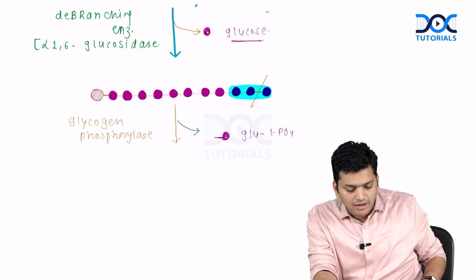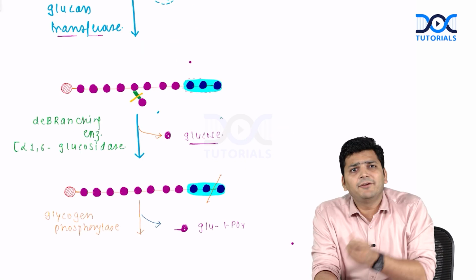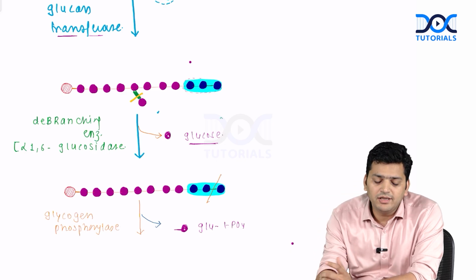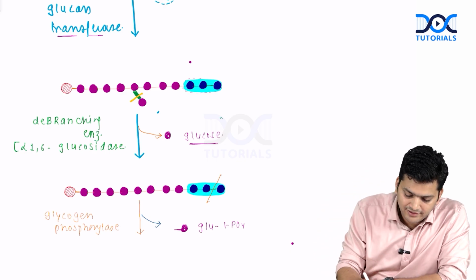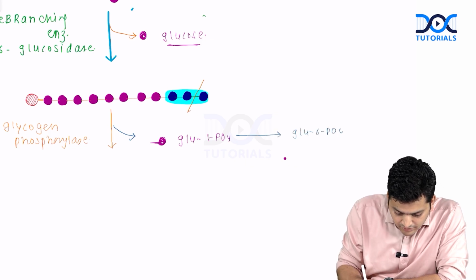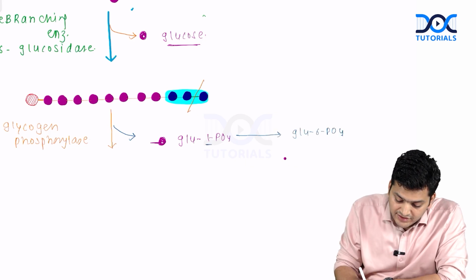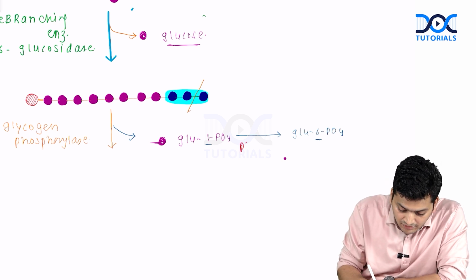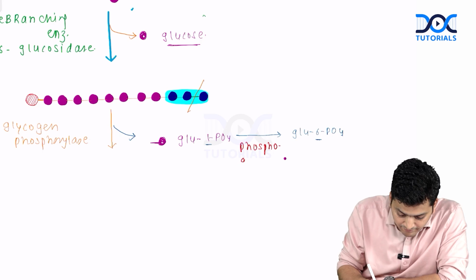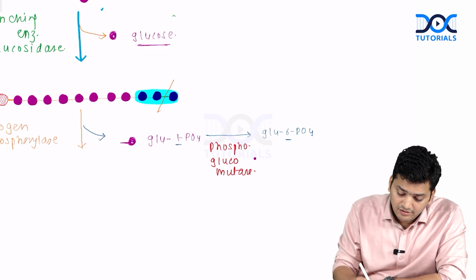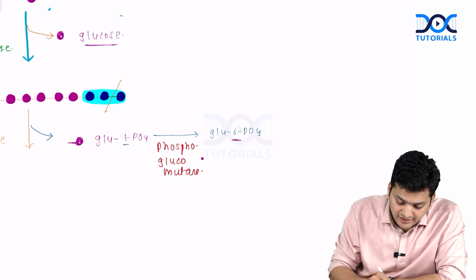Now, what is going to happen with this glucose 1-phosphate? See, why are you cutting the glycogen? You are cutting the glycogen because you want energy. You are in the fasting state. How are you going to get the energy? This glucose 1-phosphate can be converted into glucose 6-phosphate. 1-phosphate, 6-phosphate: you are mutating the site of the phosphate. So what will be the name of the enzyme? Phosphoglucomutase. And the glucose 6-phosphate can then be converted into